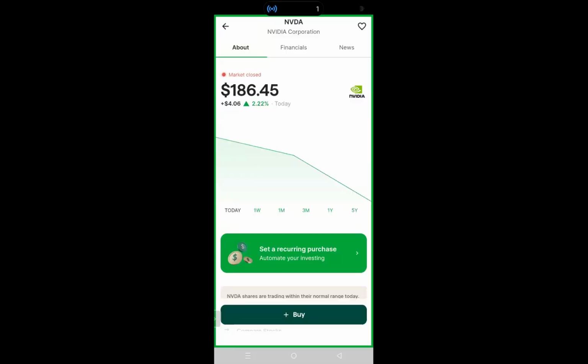Okay, so when you search for a company, this is the first thing you see. The about. If you see the bold letters, that is how much this particular stock is selling per share, right? That's the big amount in bold there. Then underneath you would see today's rating. So the first, plus $0.08, shows the amount it has made today,